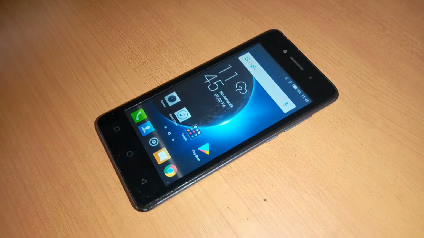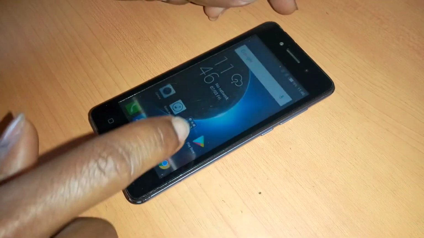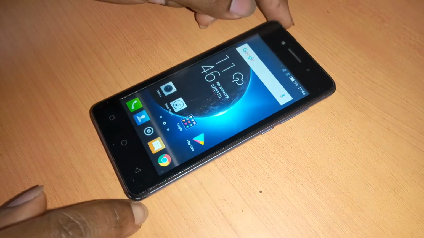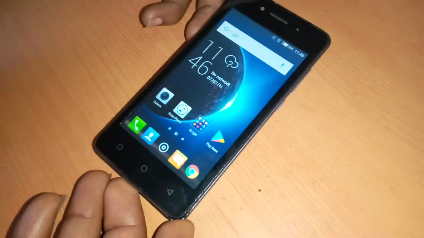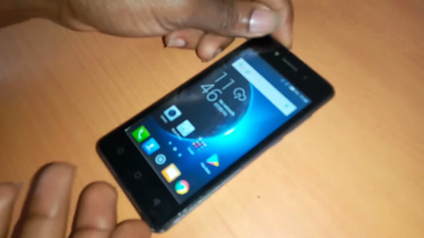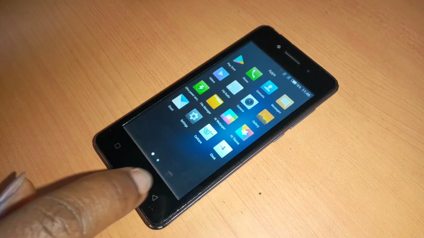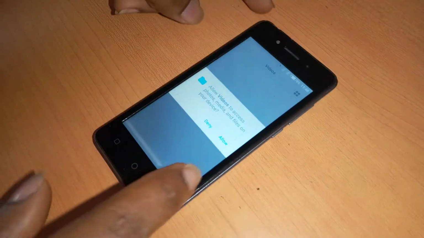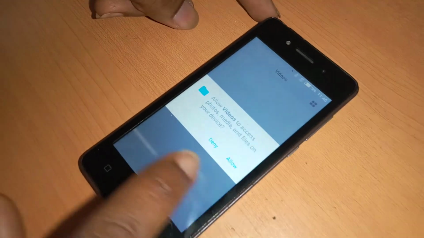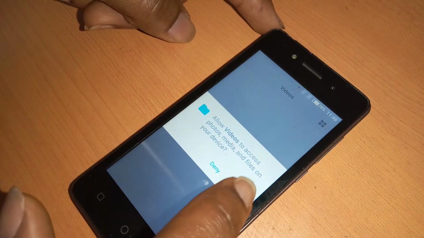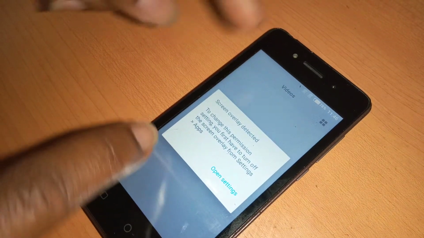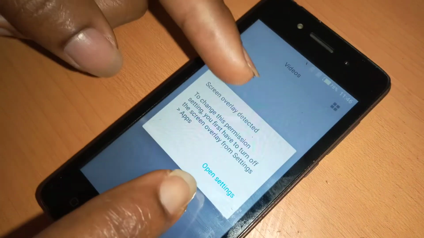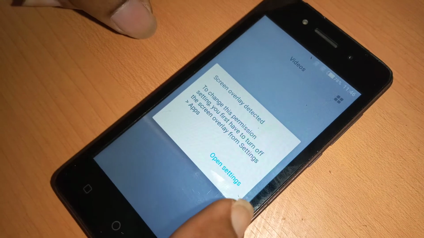In this video I'm going to quickly show you how to fix this problem, screen overlay detected on your phone. So this is a Tecno phone and this would work on other versions of Tecno. I was trying to check on my videos in this phone, and this happens even if you hard reset your phone. It will ask permissions, but you'll get this error, screen overlay detected, and it asks you to go to